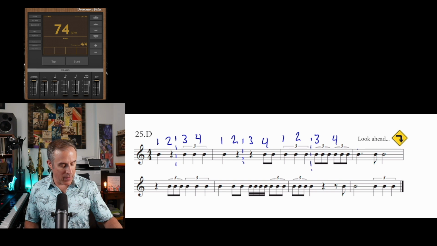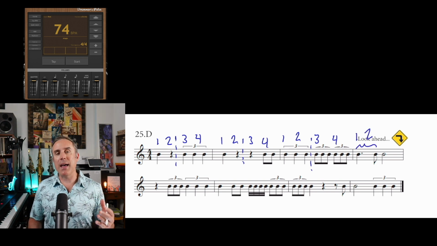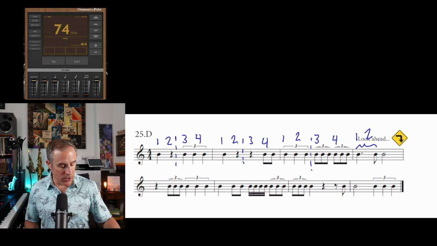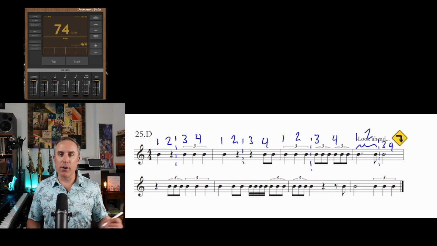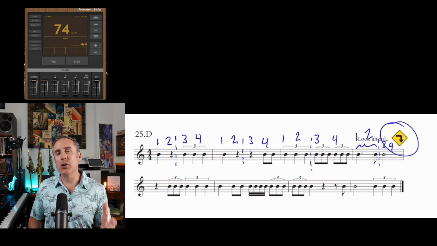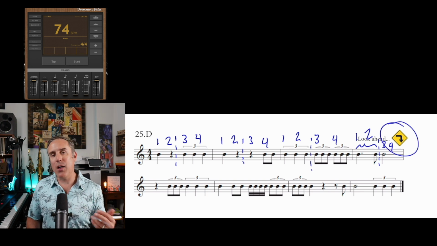Then in measure 4, we've got our week 6 rhythmic motif, that dotted quarter note to the flagged eighth note, taking up all of beat 1 and 2. Invisible bar line, and then beats 3 and 4 is that half note. And of course, we've got this little reminder to be looking ahead at that next measure while we're performing that